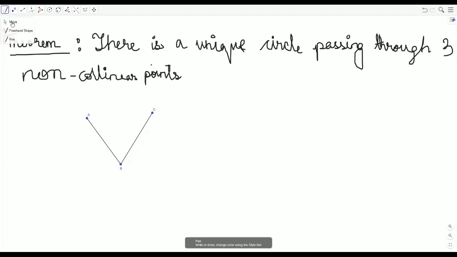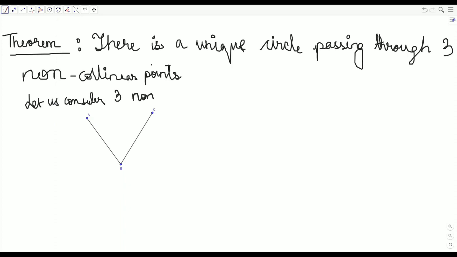Let us consider three non-collinear points A, B, and C. So we will prove here that there is a unique circle passing through these 3 non-collinear points. So first of all,